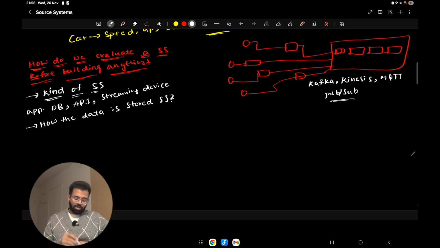I mean whether the data is stored permanently in the source system, or whether it is stored temporarily, like in the case of event driven architecture or streaming architectures, like we talked about, there will be some kind of buffer, right? And then once that buffer timing is gone, then your data is lost forever.